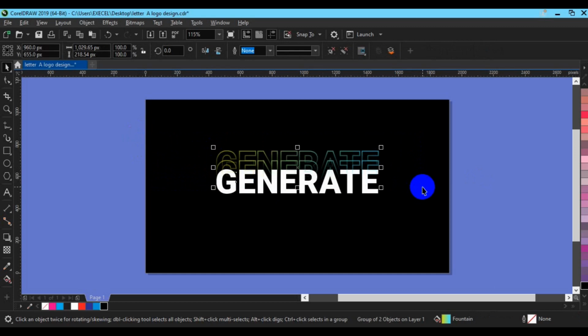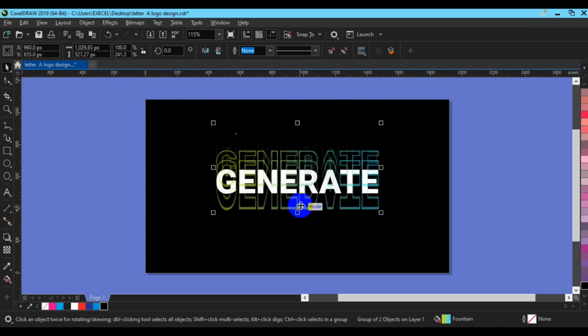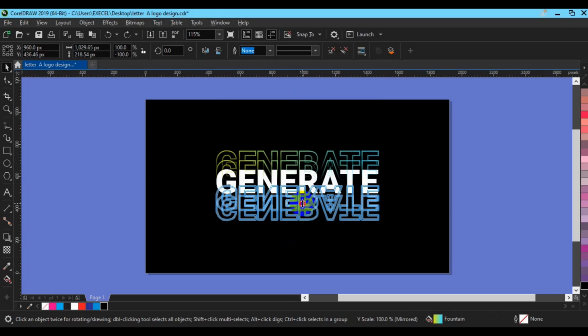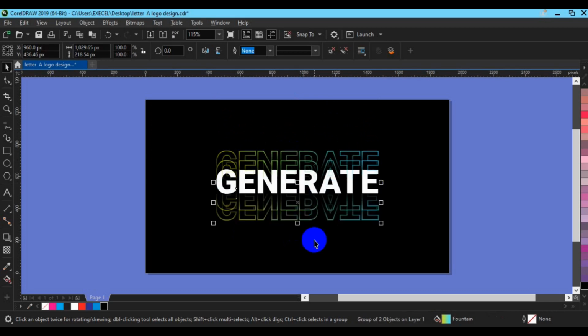So the next thing you have to do is to press Ctrl C and then Ctrl V. So having made a duplicate, press down Ctrl key and flip. So once you flip, you're going to have it at the bottom of this particular design. Then you have to press Shift key and select the top one, then C to centralize, then Ctrl G to